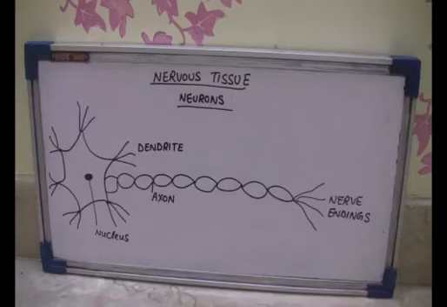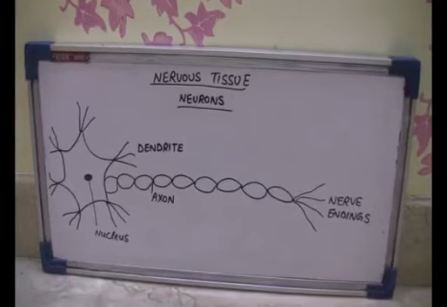It means that the dendrites and the axons both have the opposite functions. One is carrying the impulses to the cell body and the other is carrying the impulses away from the cell body. At the end of the axons, these are the nerve endings. Now, some of you will get in mind that what is the impulse? The impulses which these dendrites are carrying and axons are carrying, then what is this impulse? The impulse is the simple passage of the electrical activity along the axon of the neurons. These nerve impulses allow us to move our muscles when we want to.